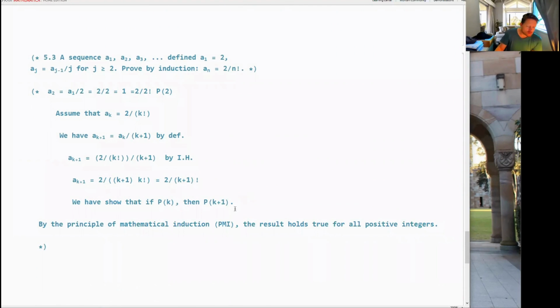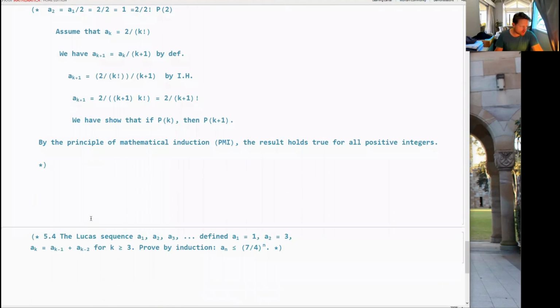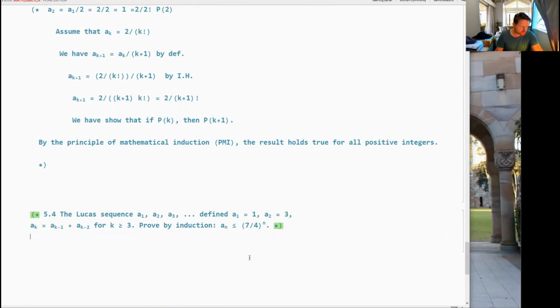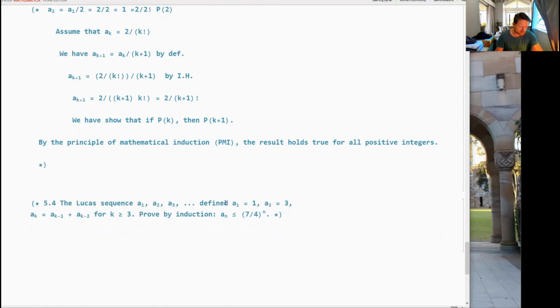All right, great. Now the last one is about Lucas sequences, but the difference here is that, like the Fibonacci numbers, this takes in the previous two terms. So now we need a strong induction hypothesis and a strong induction theorem. So, okay, we've got to prove that the terms are less than 7 over 4 to the power of n for all n. All right, so we'll notice that the number 1 and the number 3 are less than